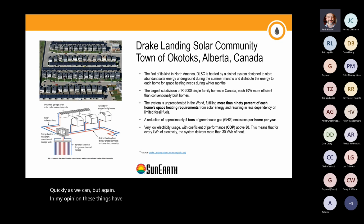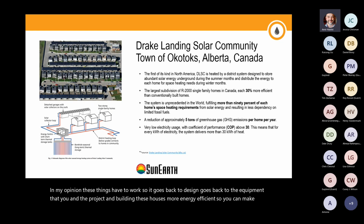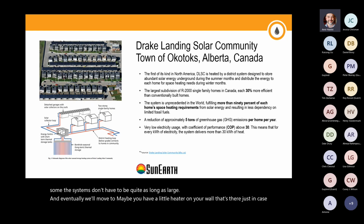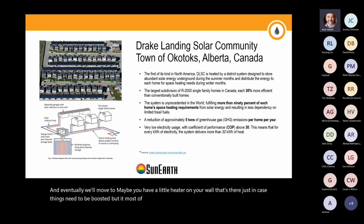So it goes back to design, goes back to the equipment and the project, and building these houses more energy efficient so the systems don't have to be quite as large. And then eventually we'll move to maybe you have a little heater on your wall that's there just in case things need to be boosted, but most of the time it just sits there. Most of these, from the information I have,